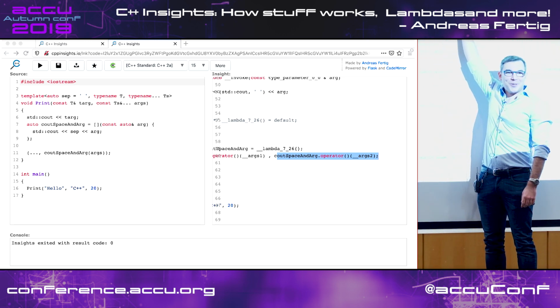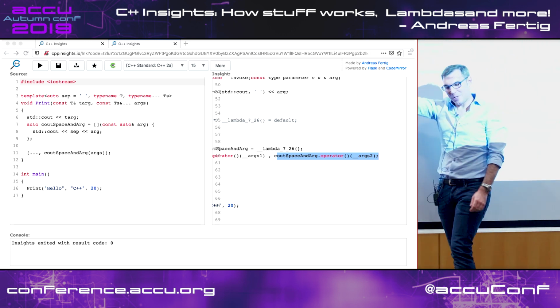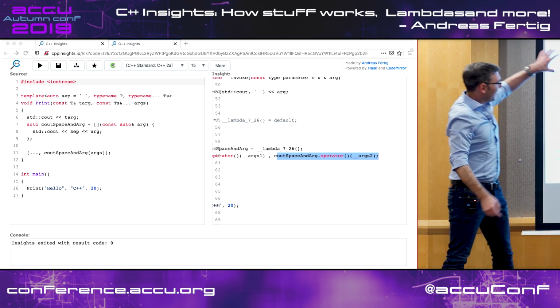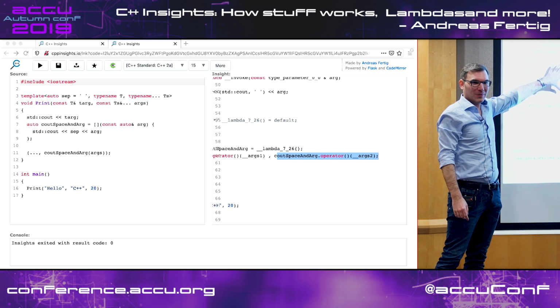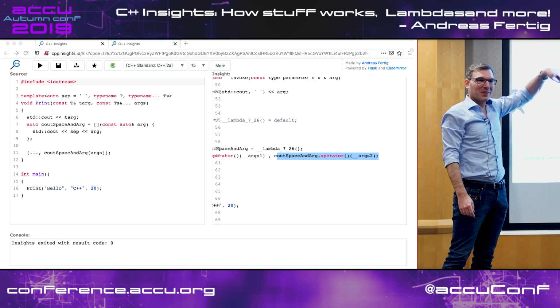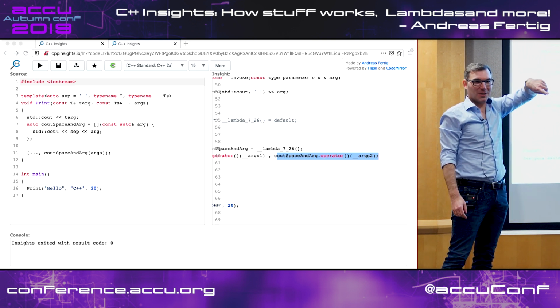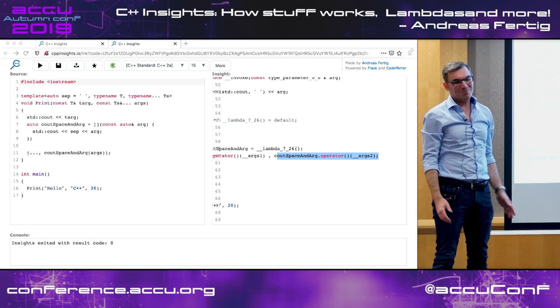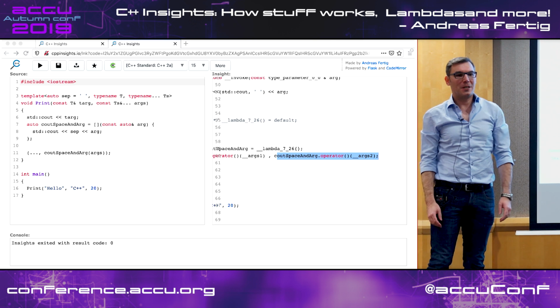There's a Compiler Explorer button. If you click on that, it will open a new Compiler Explorer tab with the source code from the left in it. And there's also a button at Compiler Explorer which links back to C++ Insights. So it's not completely perfect, but at this point it does.